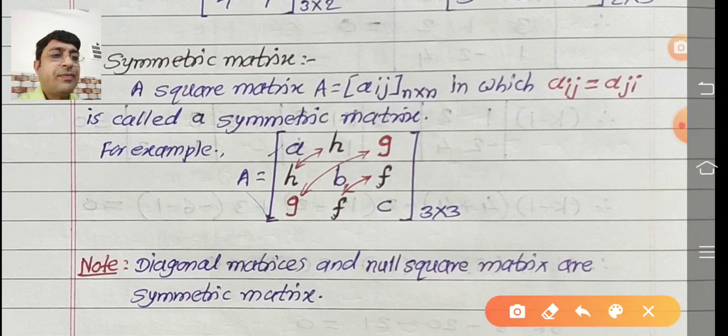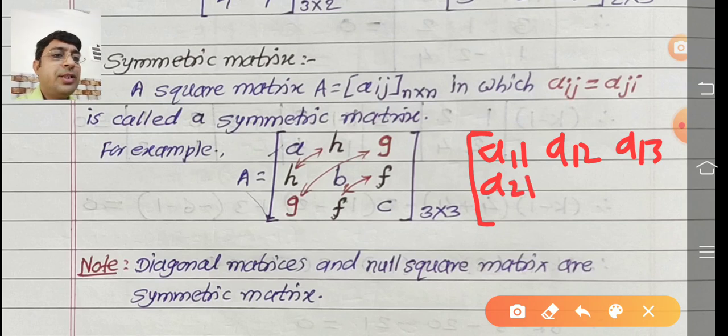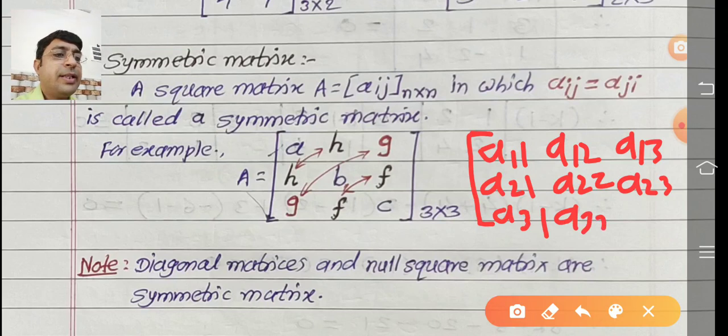Now see that. We know the position of the elements as per the rows and columns. First one is A11, next one is A12, A13, then second row first column, second row second column, and second row third column. Next one is third row first column, third row second column, and third row third column.